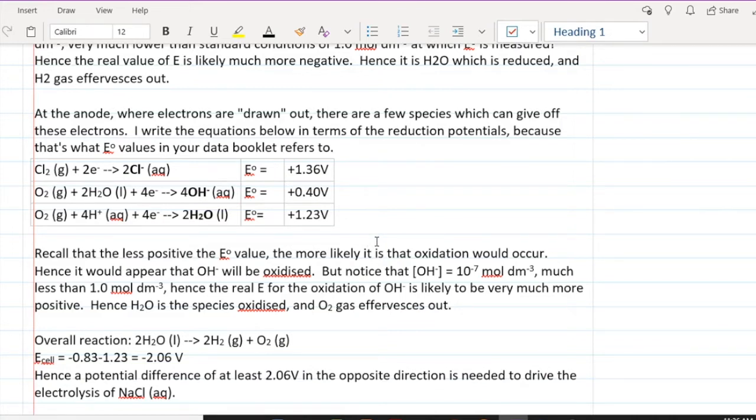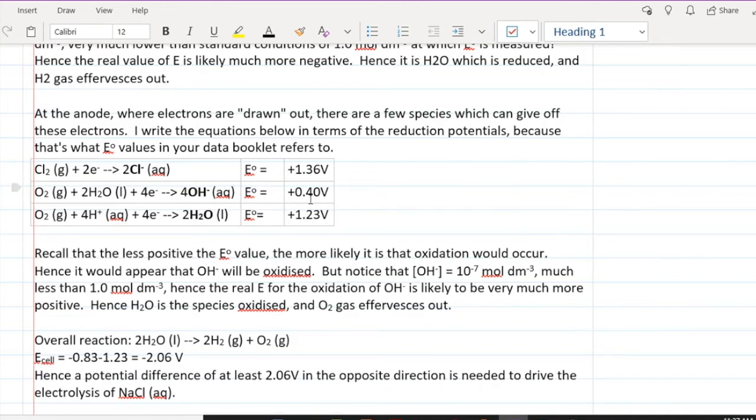Hence, it will appear that OH minus will be the one being oxidized. But notice that the concentration of OH minus is also very low, right? 10 to the power minus 7 mole per dm cube for a pH neutral solution, much less than 1.0 mole per dm cube, which is the concentration at which this E naught of plus 0.40 volts is measured. Hence, the real E for the oxidation of OH minus is likely to be very much more